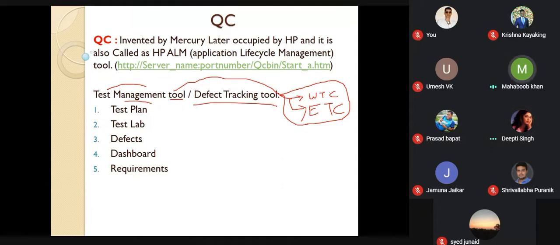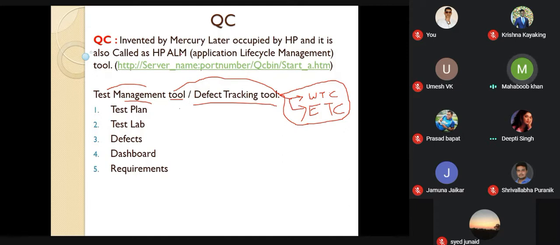If you know this tool, then any number of tools which you are using right now, or small tools like Rally or Jira, any tool is very easy to do. That is the reason the prerequisite for any person is to get to know Quality Center. If you know Quality Center, each and everything you can write down and do here. Now let us jump on to the different modules.